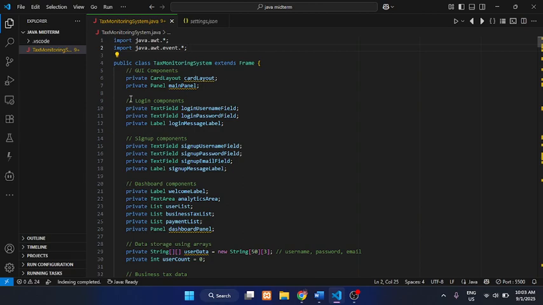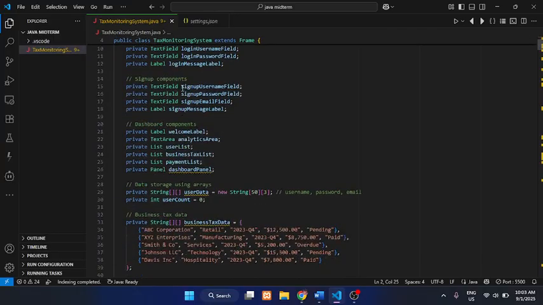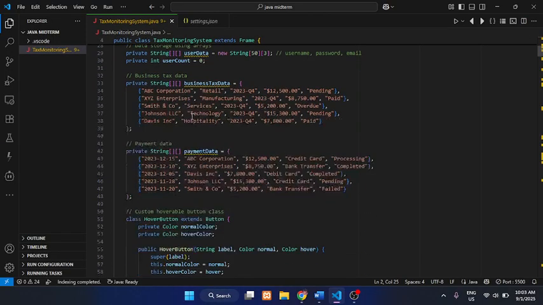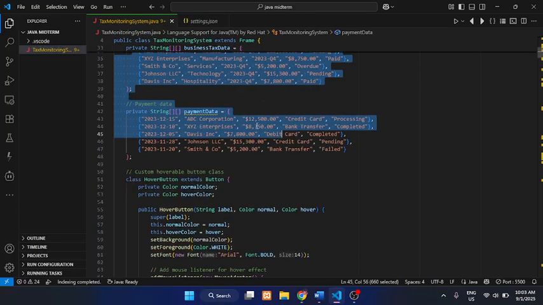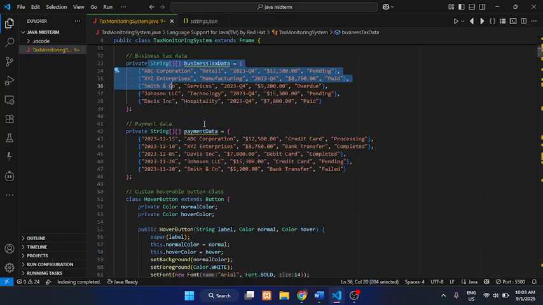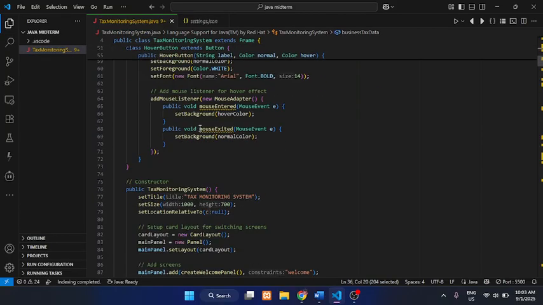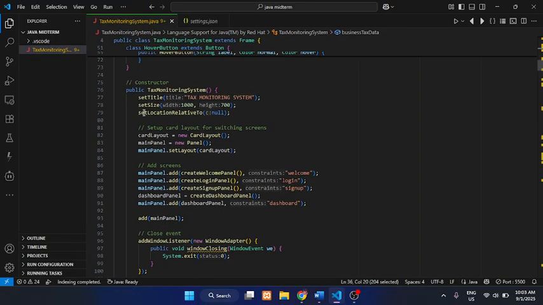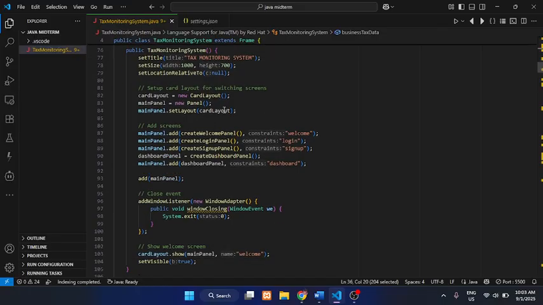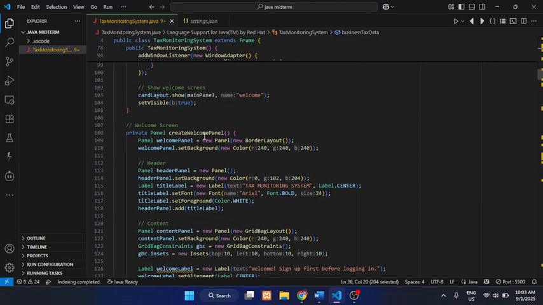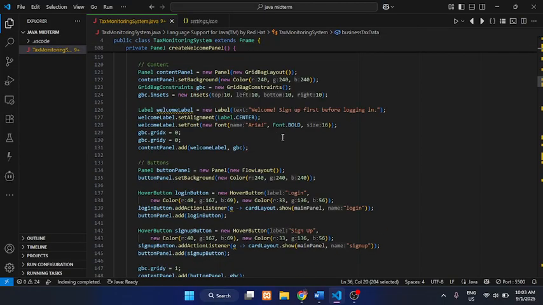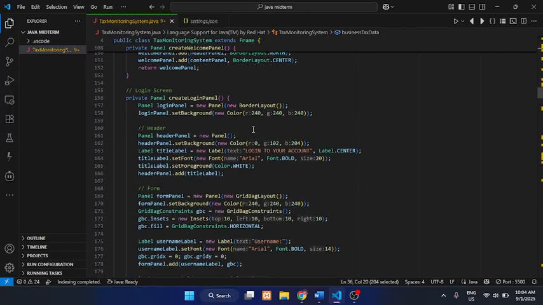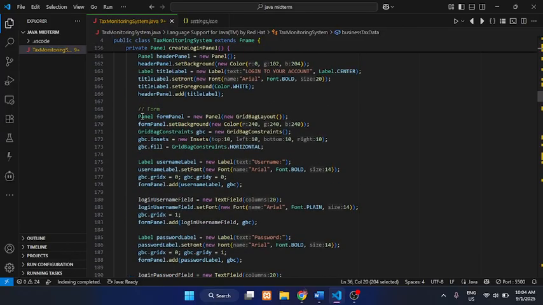In the past code, in my last video, I explained these GUI components and this data. These are just static data, a constructor that is set for title, size, and welcome panel, header content, buttons, login screens, header, and also the forms.